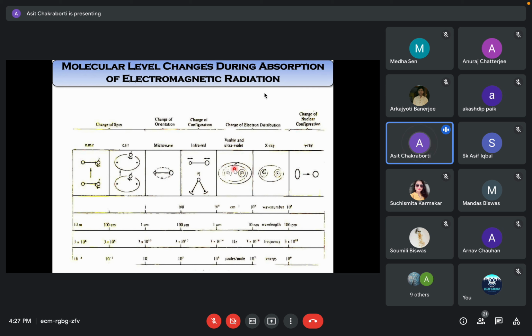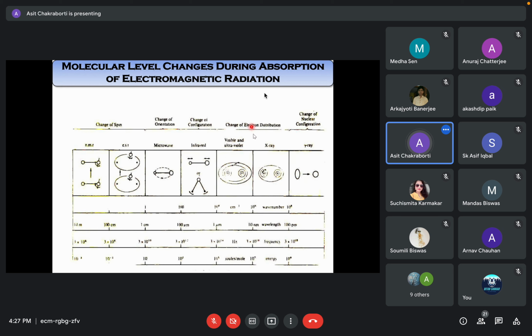When the transition takes place within the valence shell, so that you are not breaking any bond, then it becomes UV-visible spectroscopy. Here, looking at the molecular changes that take place, we can very well correlate these techniques with stereochemistry. It's a very rudimentary way, but I'll give you an example. If the energy is much stronger, it is going to involve inner core electrons, and later it will be so high that it ejects particles, and then it becomes radioactivity.